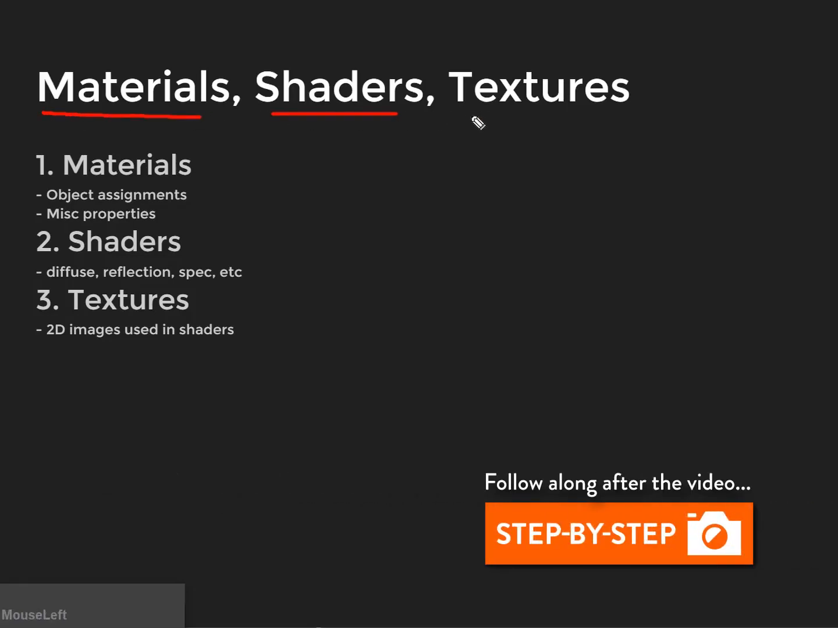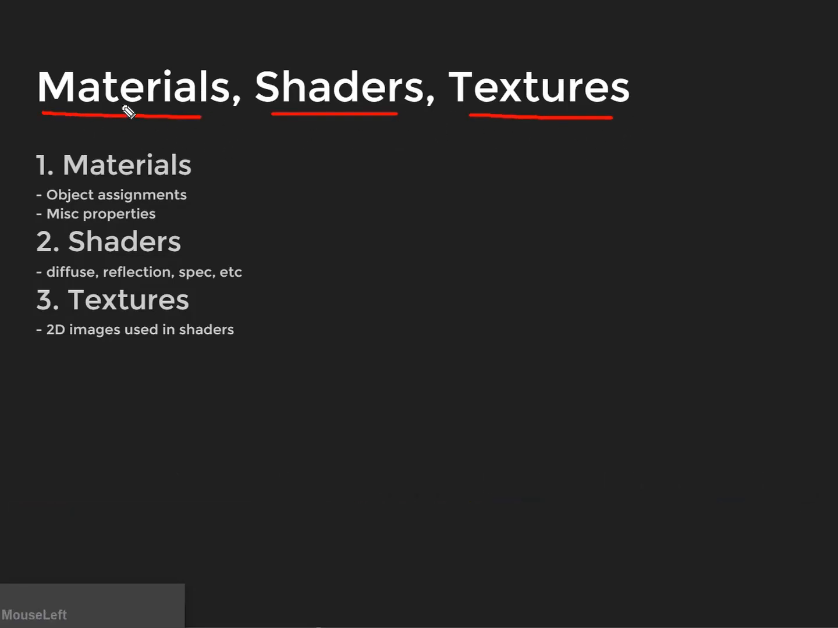So materials, shaders, and textures. These three things can be terribly confusing when you're first starting. And I remember being really confused and thinking that these three things were kind of the same thing, and they're not. It's very, very simple. 2D images are going to be textures. Textures go into shaders. And shaders define things like diffuse, specularity,